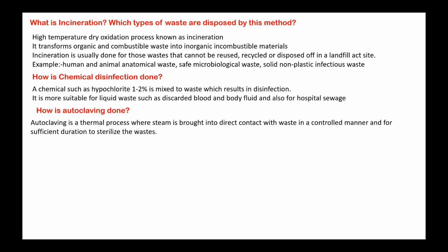Once they take it out, it will take some time for it to aerate and then become usable. So they will do it in the evening before leaving, and automatically the steamer will shut off. The next morning when they come, it will have cooled down, and they take it out and supply it for the surgeons the next day. This process will go on. So autoclaving is not only used for biomedical waste management, but also for day-to-day sterilization of equipments,